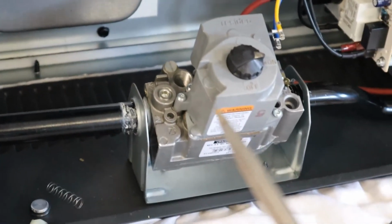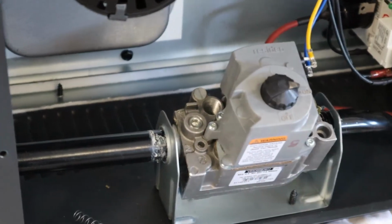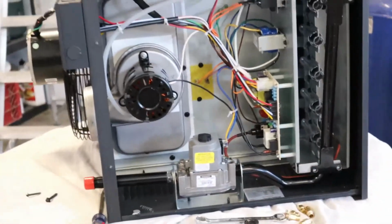Now I don't have a way to test it, so we're going to go ahead and just do what they said and hopefully it works. Okay, so I went ahead and got that swapped out right there. These are all done. Now I can simply just mount it back, put this cover on,